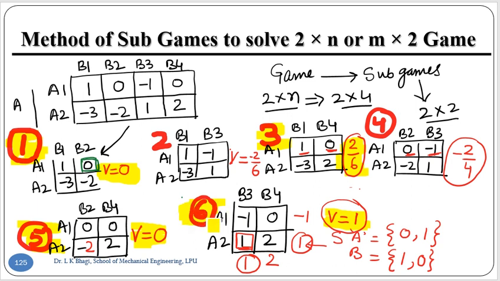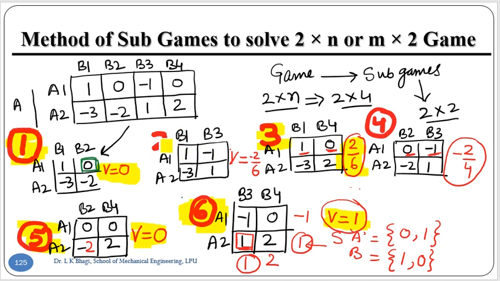Then subgame 5 and 6 are not favorable. Why am I talking about not favorable? Because A1 and A2 are already the two strategies. We want to reduce B1, B2, B3, B4 to a two cross two matrix. A is already of order two. B does not like positive values. B likes the negative values, because negative means it is a gain for the B player. So out of this, which one is the most favorable for the B player?